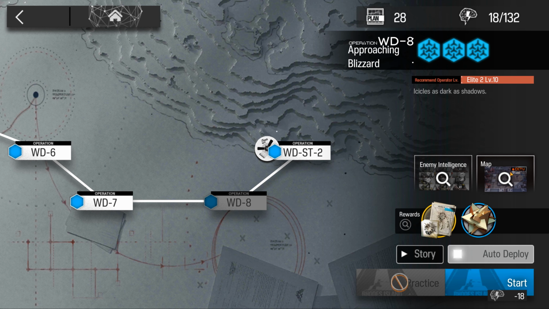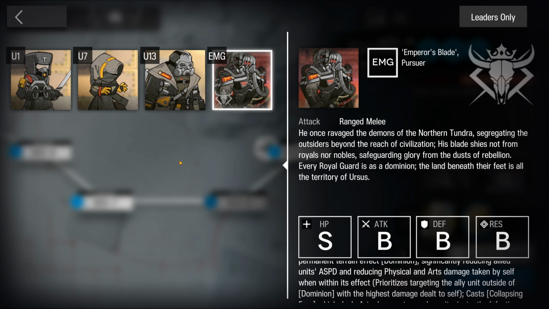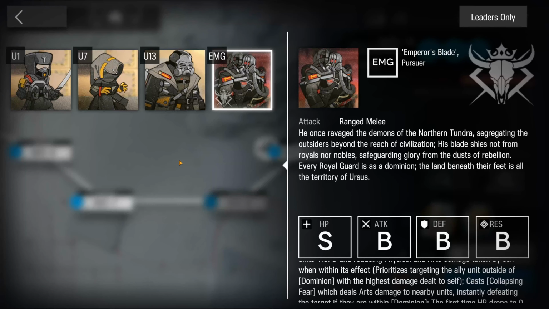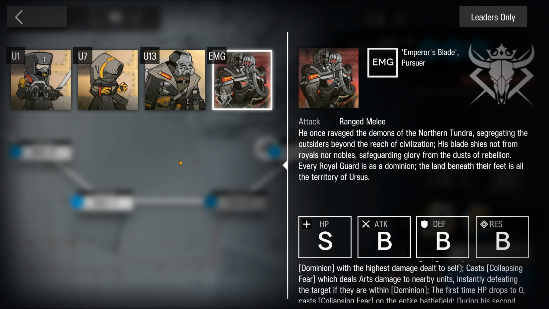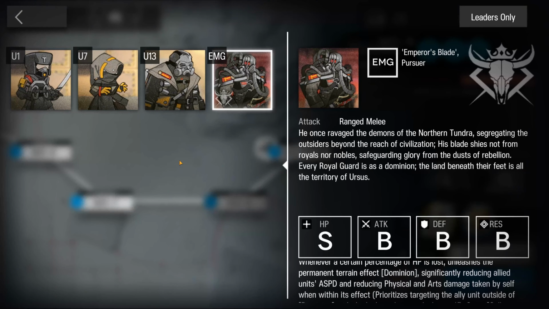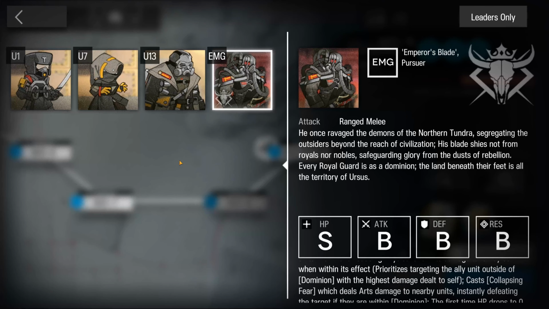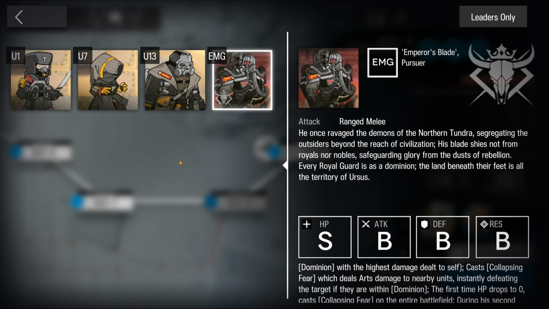So overall, though, the main highlight of this event, in my opinion, and I think a lot of players' opinions, is going to be WD-8 or the EX version, because it introduced the long-awaited Emperor's Blade boss. In Chapter 8, you actually get to face two of these, technically, but they don't actually attack you, and they exit the stage pretty much immediately. So none of us before this event have been actually able to face any of these Emperor's